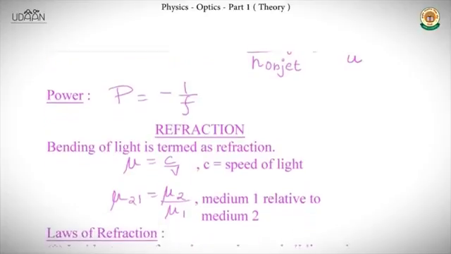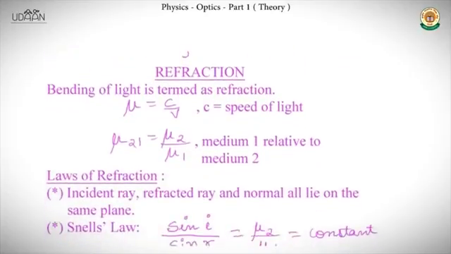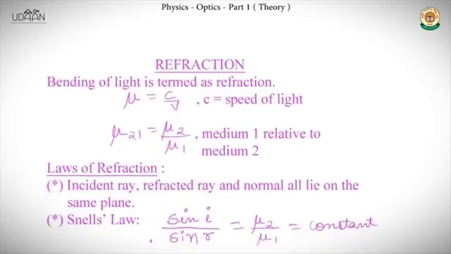Now we will move to the other phenomenon of light, which is called refraction. Refraction is basically the bending of light. The refractive index mu is equal to c by v, where c is the speed of light and v is the speed of light in the other medium. And mu 2 1, that is mu of medium 2 with respect to medium 1, is the refractive index of 2 by